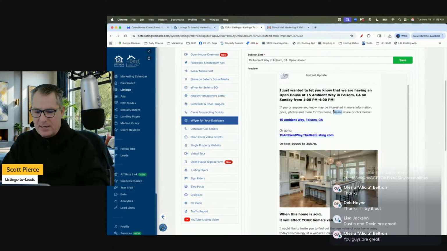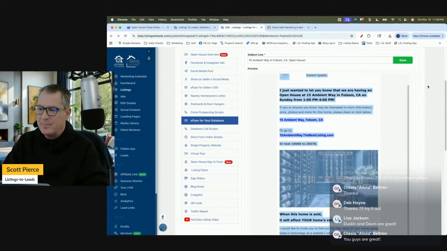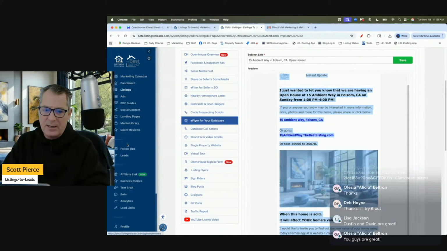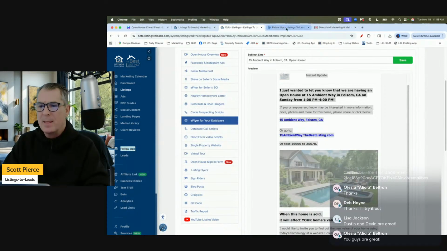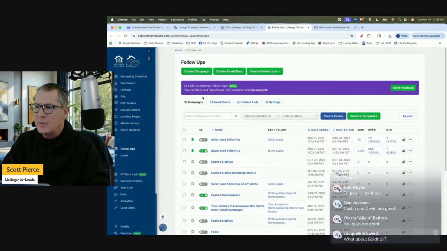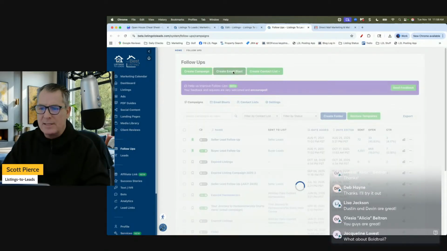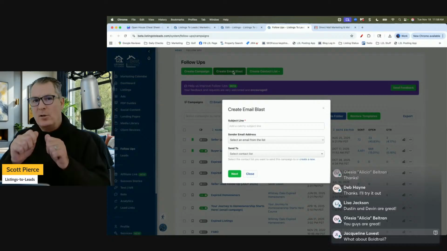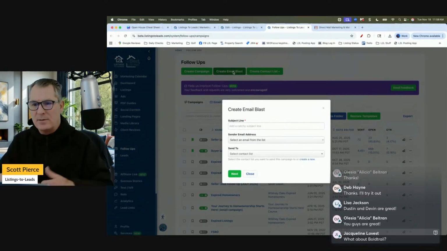I just click in here, select all and copy. And I will go to Follow Up in Listings to Leads. And I'll just show you how you drop it into an editor. All editors work about the same. Yeah, BoldTrail, totally. Yeah, all these editors are essentially the same. They may look a little bit different here and there. Follow Up Boss is the weirdest one. I don't know why. So subject line,